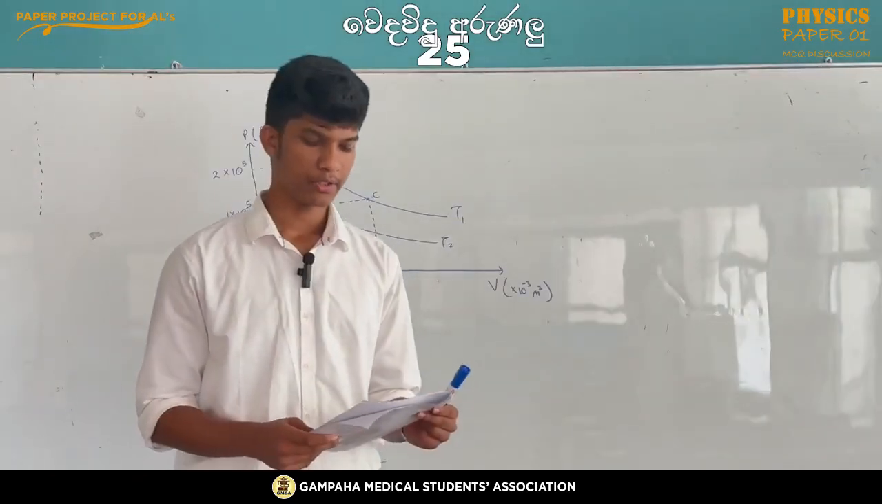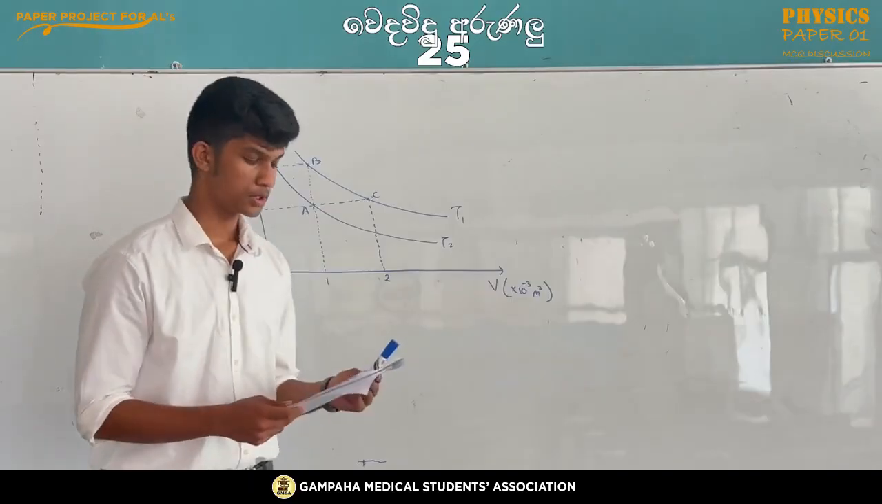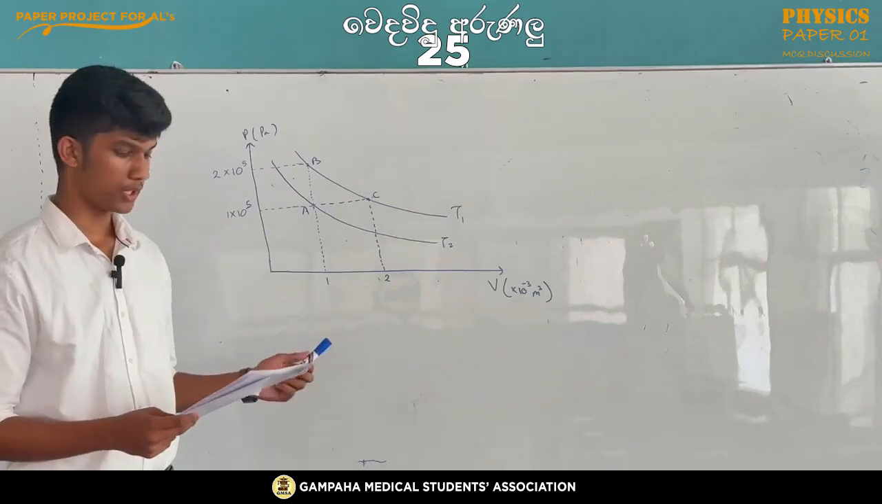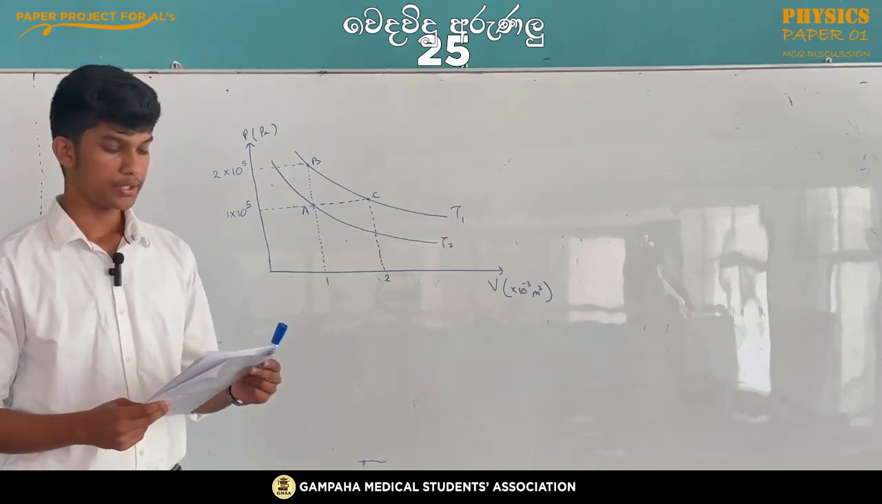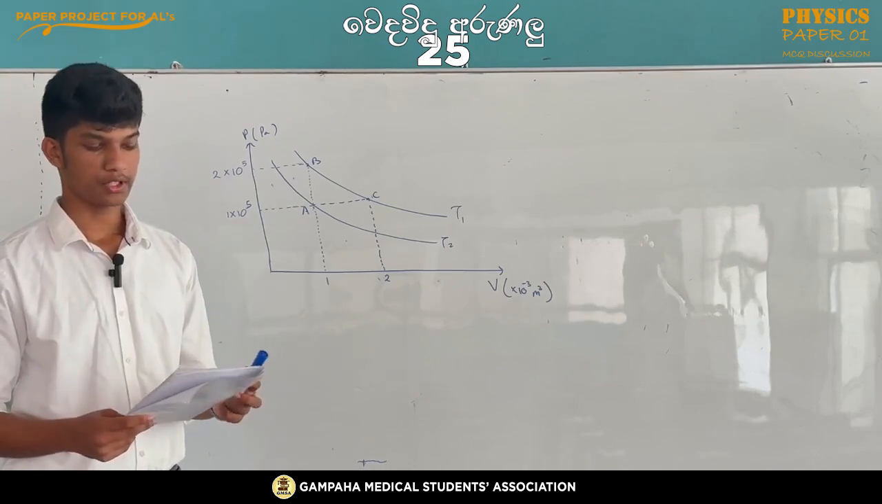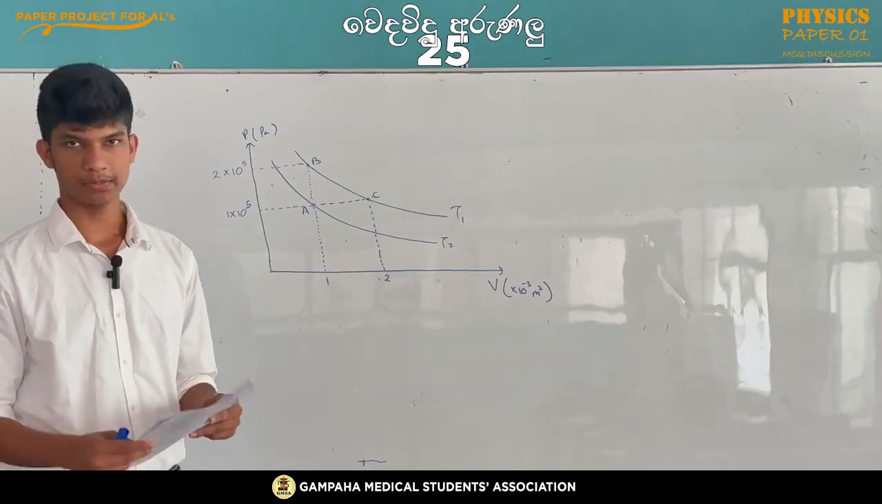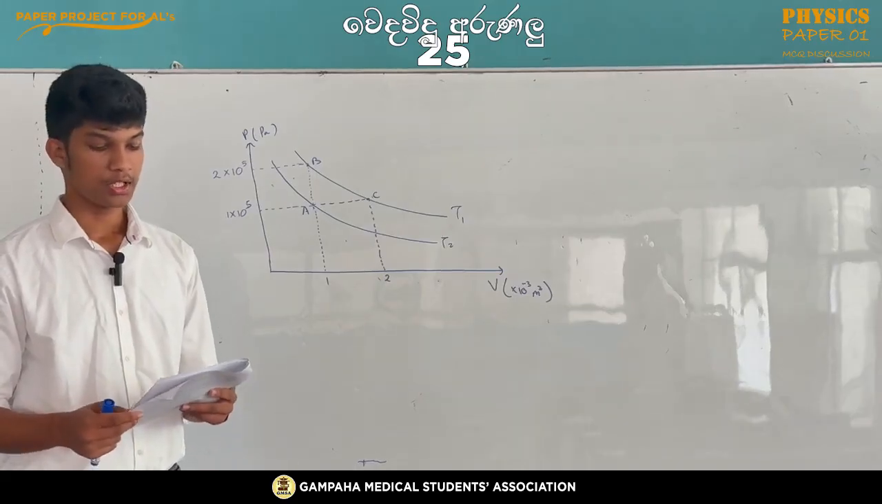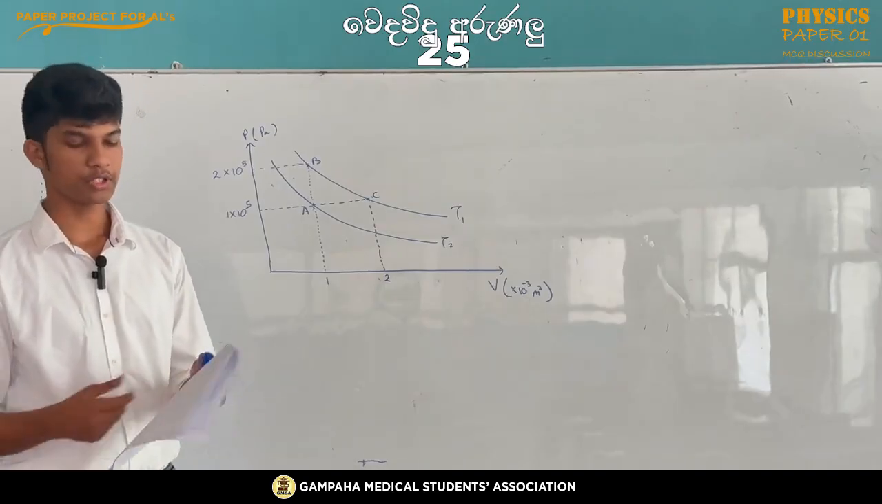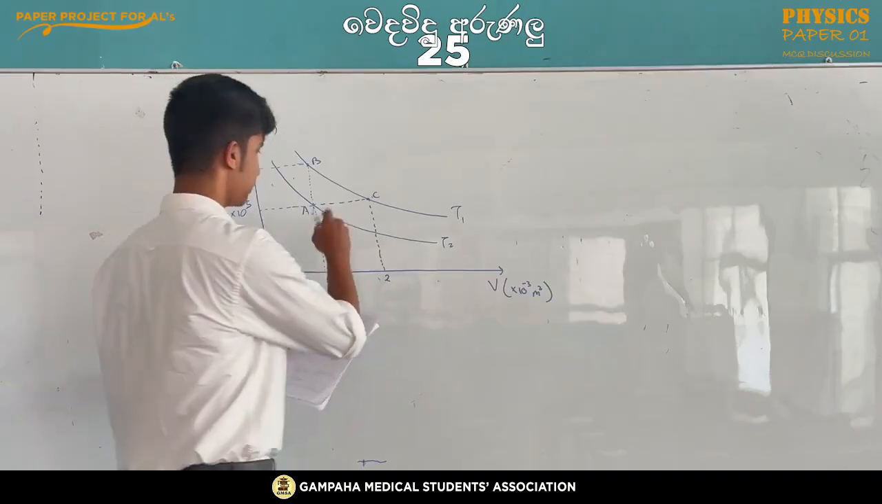In the eighth question, they have given you this graph and the question is: the pressure volume curve of a given mass of gas at temperatures T1 and T2, T is the absolute temperature. The incorrect statement regarding the given graph is. So in the first statement, they say that T1 temperature is twice the T2 temperature. So when you consider point B and point A,